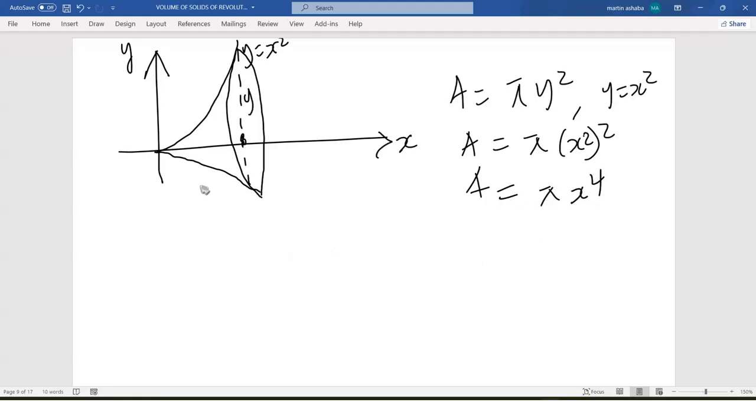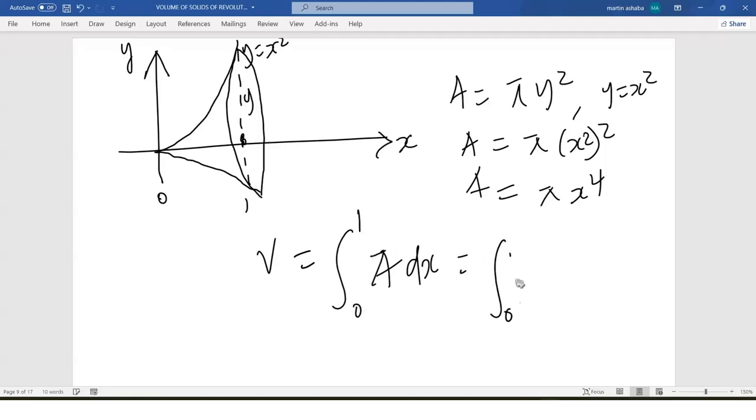So meaning that if I'm talking about from 0 to 1, my volume will be integrating this area with respect to x from 0 to 1, and this is integrating from 0 to 1 of pi x to power 4 with respect to x,